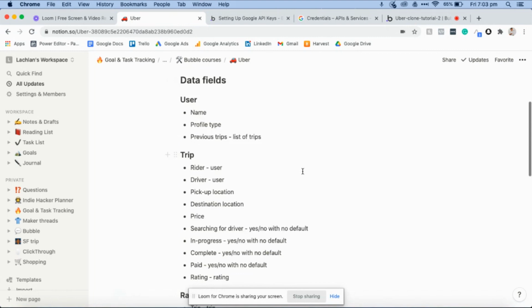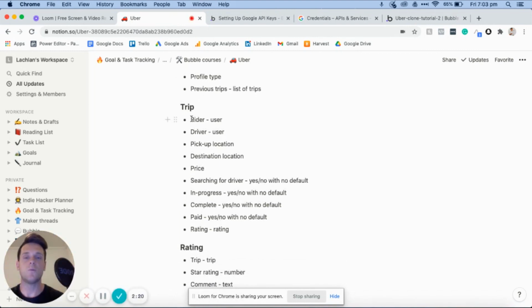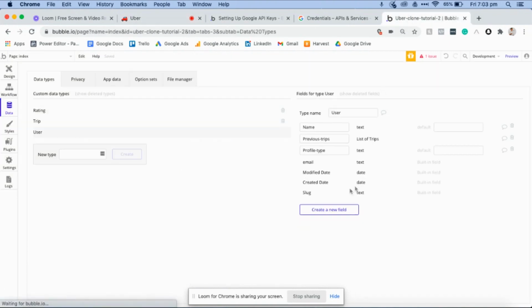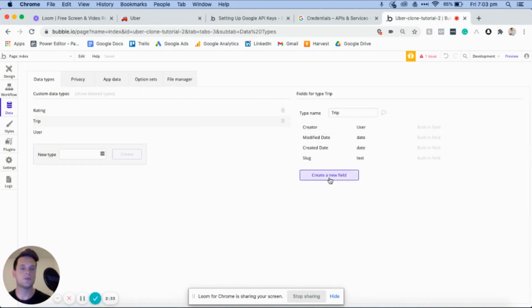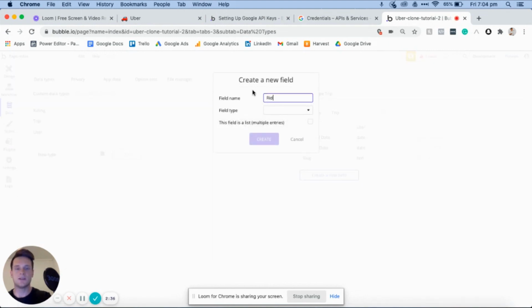Then we will head back over to our Notion board here, and we'll start adding the data fields we'll need for our trip data type. So the first thing we'll need to do is add a rider and driver data field. Now this will allow us to determine which user is the driver and which user is the rider. And because these are users, we'll be linking that to our user data type. And there is only going to be one rider and one driver at a time, so this will not be a list of multiple entries. So we'll add that in. Rider, driver will be a user again,